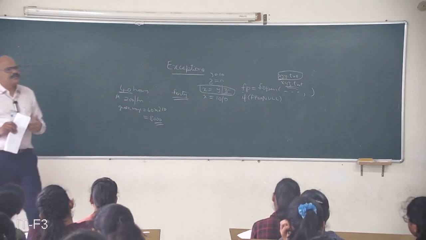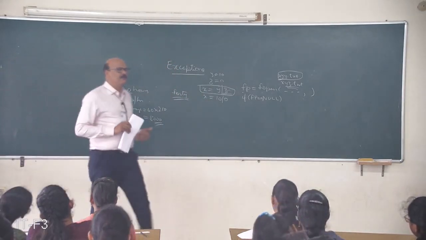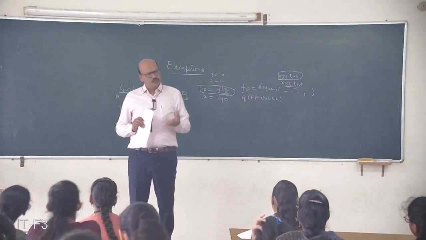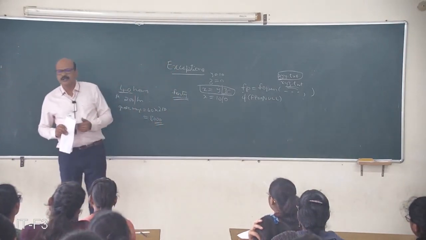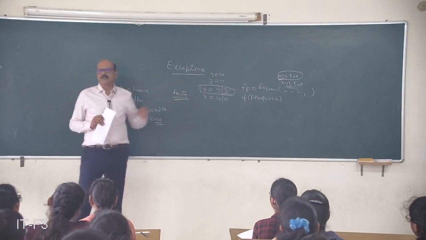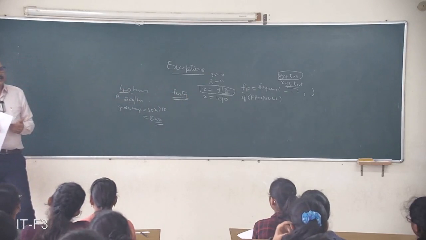So robustness and reliability are among the most important factors that any programmer has to keep in mind while developing programs. In order to develop robust and reliable programs, one of the most important features that we should make part of programming is exception handling. So what is this exception handling?